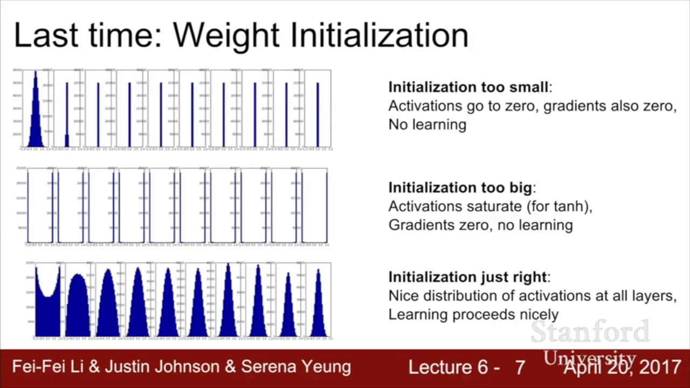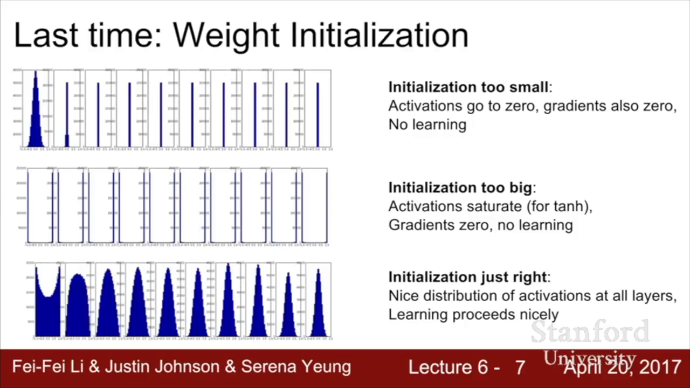Because as you multiply by these small numbers over and over again, they'll all sort of decay to 0. And then everything will be 0, learning won't happen, you'll be sad. On the other hand, if you initialize your weights too big, then as you go through the network and multiply by your weight matrix over and over again, eventually they'll explode, you'll be unhappy, there'll be no learning,